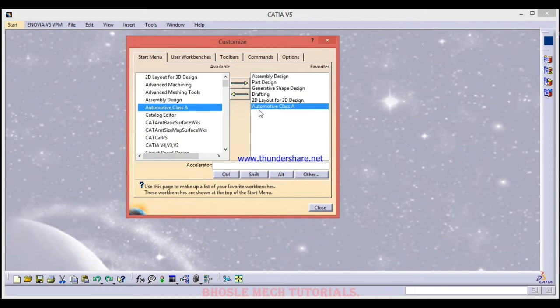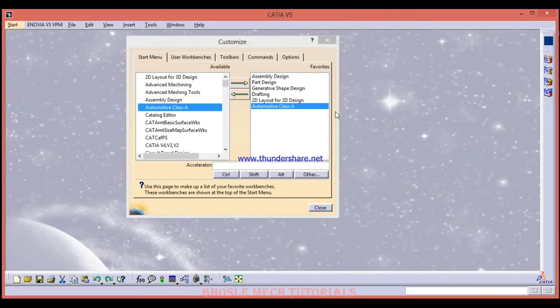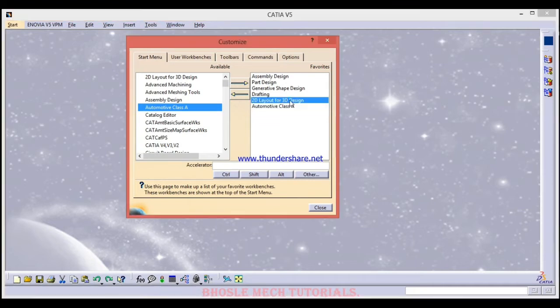See friends, now automotive class A is added as my favorite workbench. If I want to remove any workbench, like this 2D layout for 3D design, just click on that and click on this arrow. This workbench is removed from my favorite workbenches.